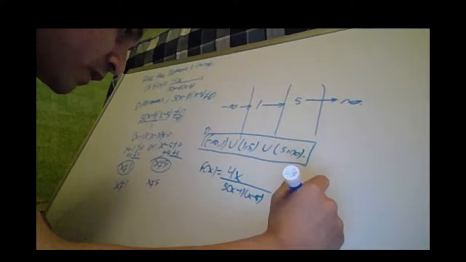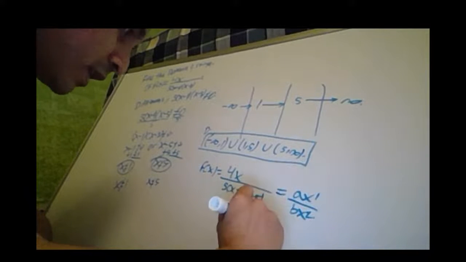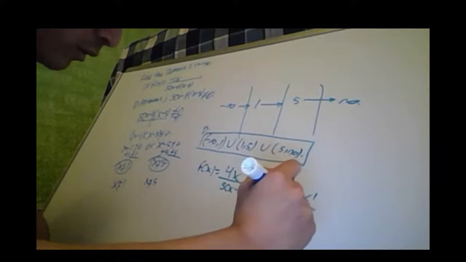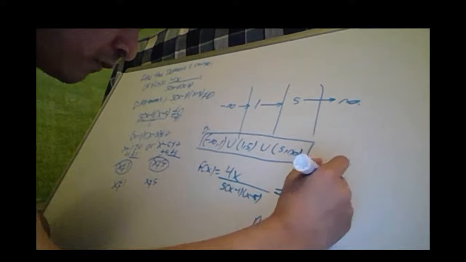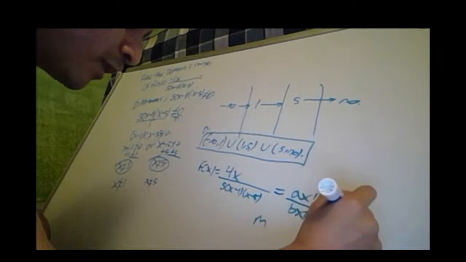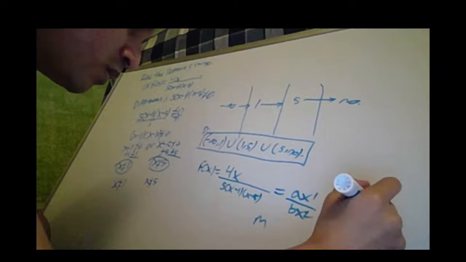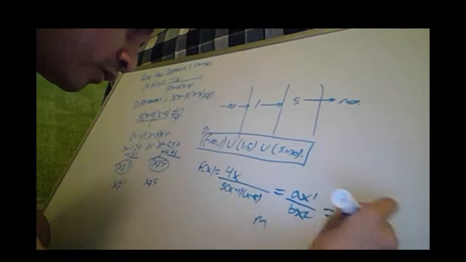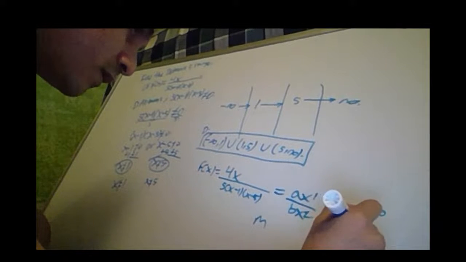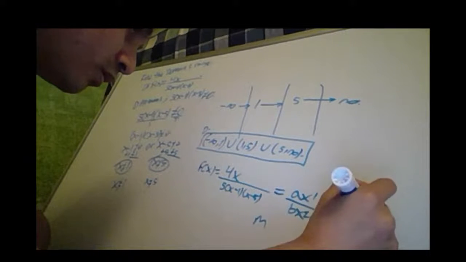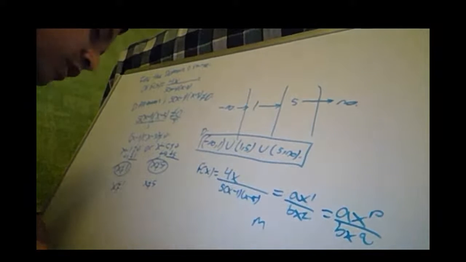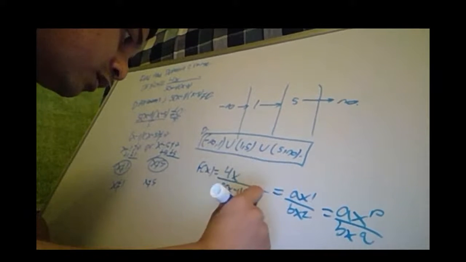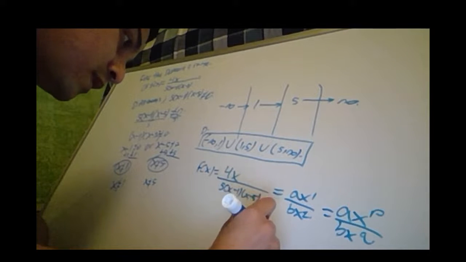This is a 1, this is a 2. If I put this as ax to the p power over bx to the q, that means that since p is less than q,